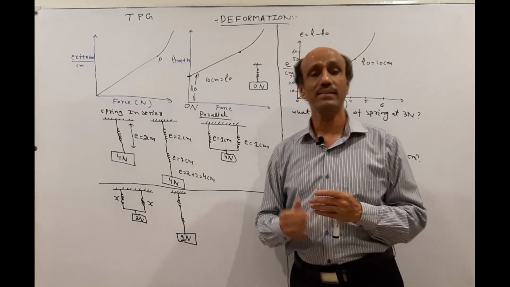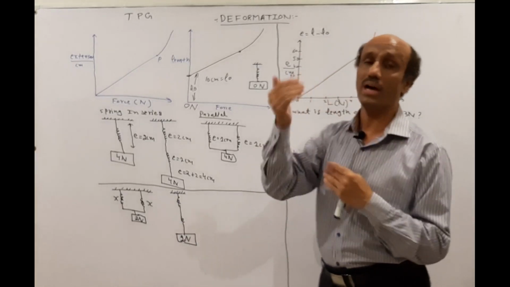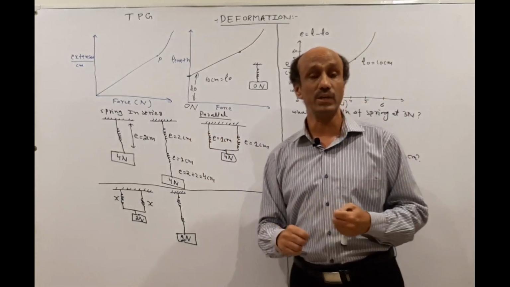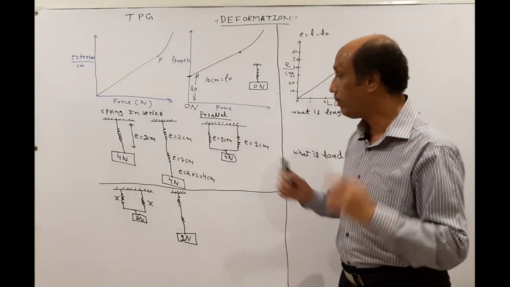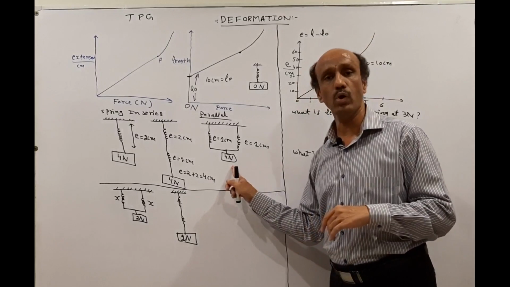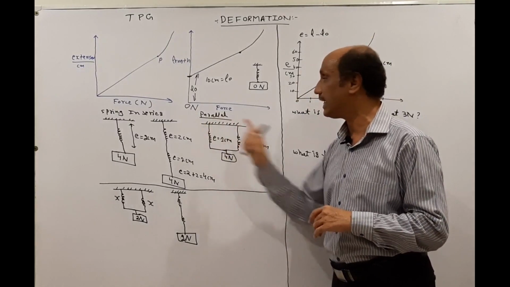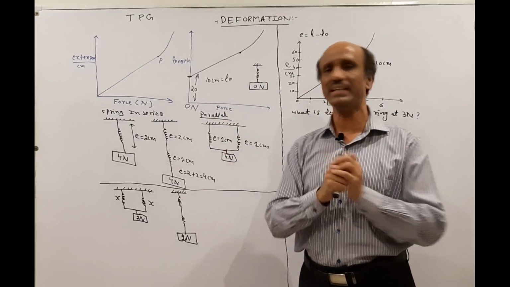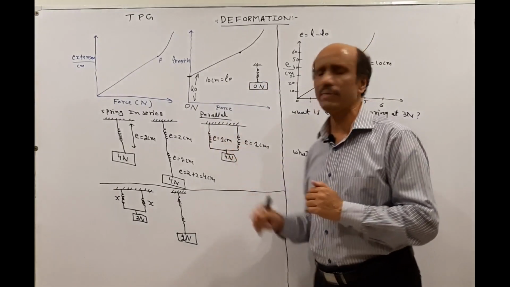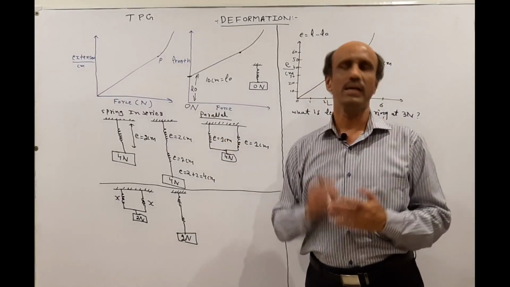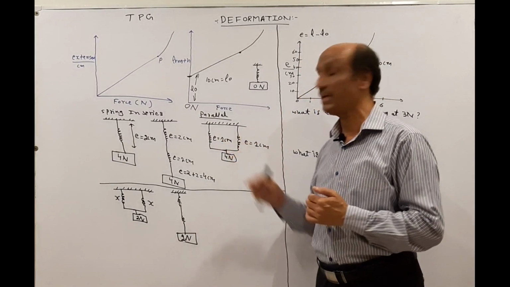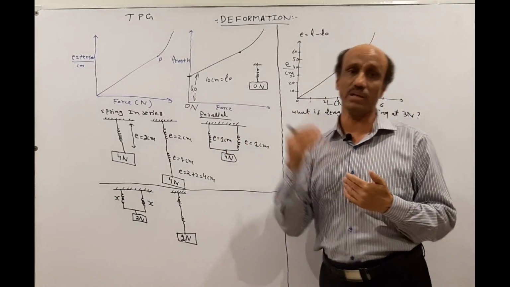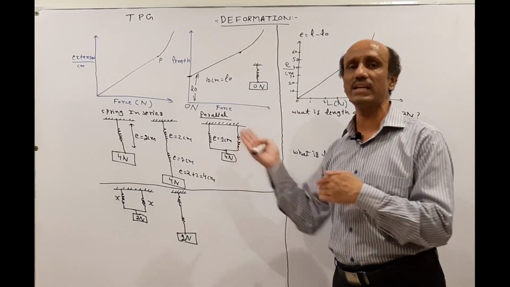So in series, the extension adds up one after another. If we place 3 springs, the total extension will be 6 centimeter. Now if we hang the same load, but with the springs attached in parallel, side by side to each other, what will happen? The load will be divided between the 2 equal springs. It means that on each spring a load of 2 Newton will be exerted, and when the load decreases, the extension decreases. When the load is halved, the extension becomes half.